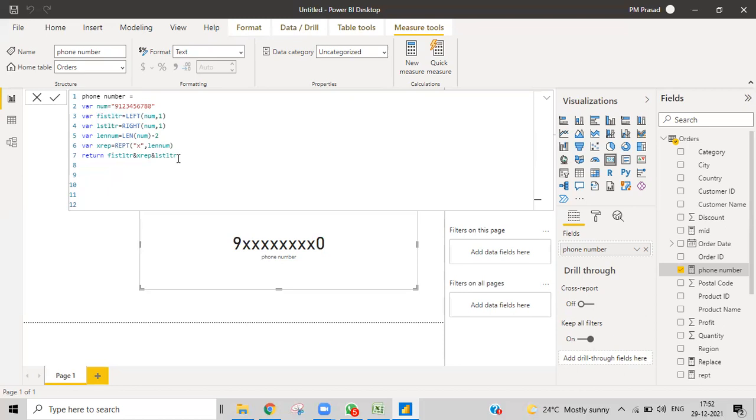You can see. Got the output? Yes, yes. How many X are there? 1, 2, 3, 4, 5, 6, 7, 8. So you may write anything from here. Like, I want to write some HHH also, not an issue. But it will give that many X's in between. So we are making it dynamic.